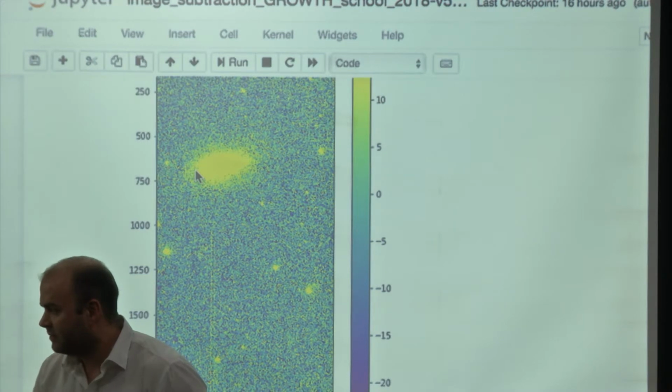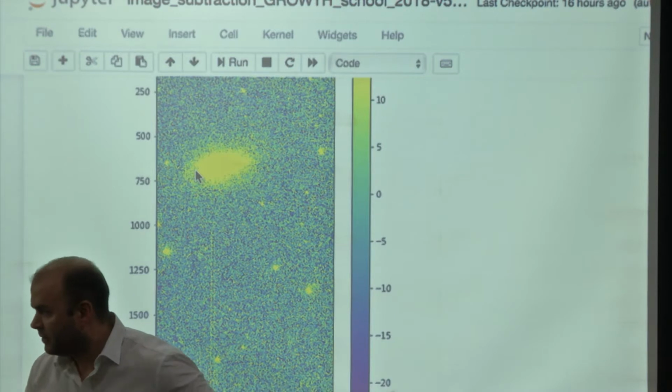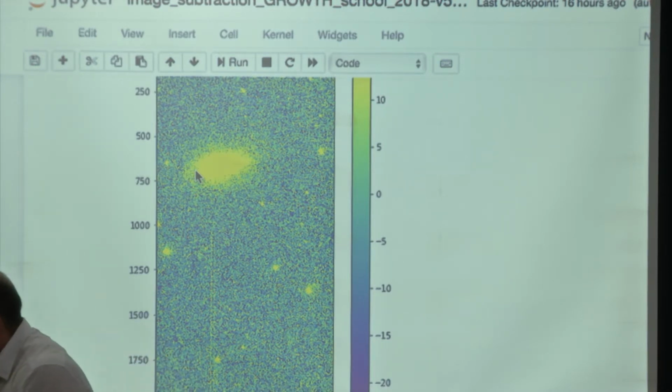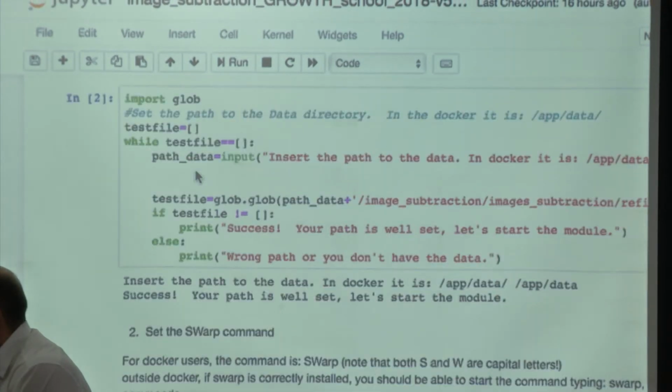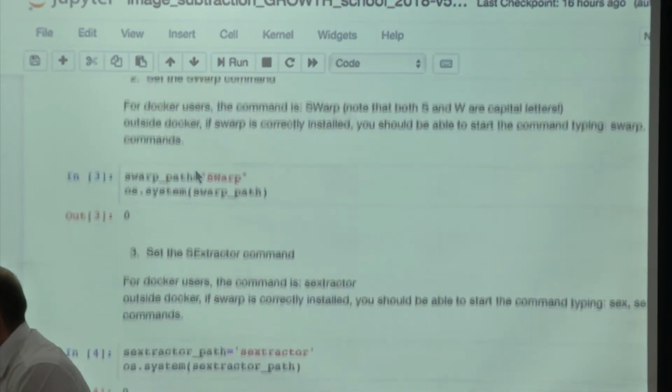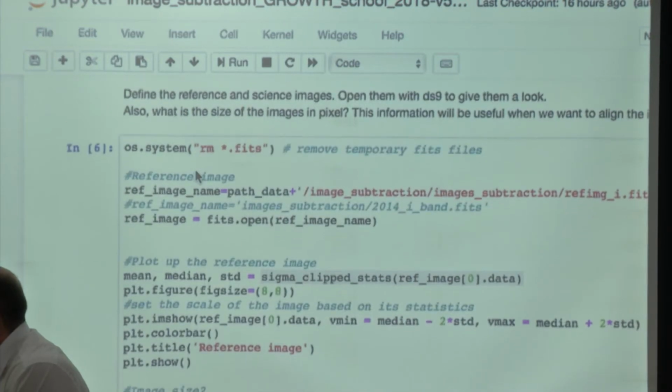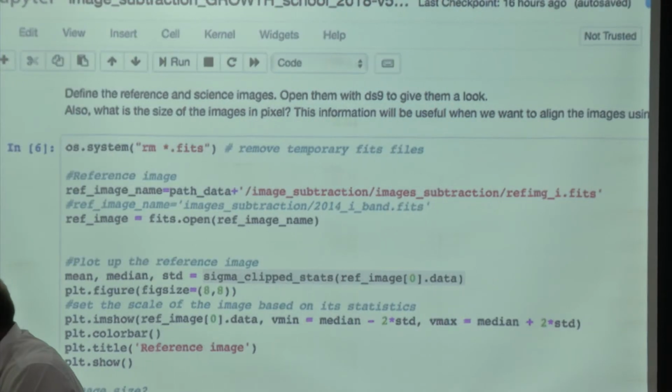Let me know if you do. If you're using the Docker, please do me this favor. Go up, and where you see a directory with /out,